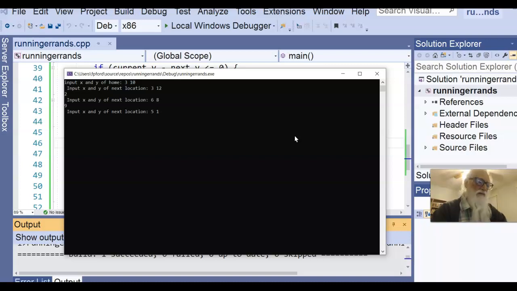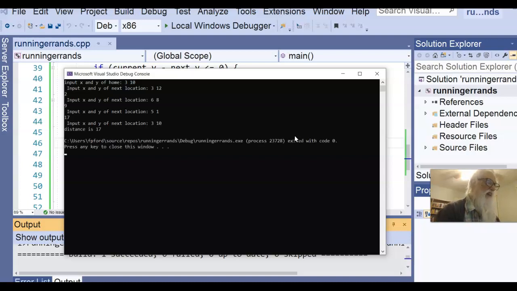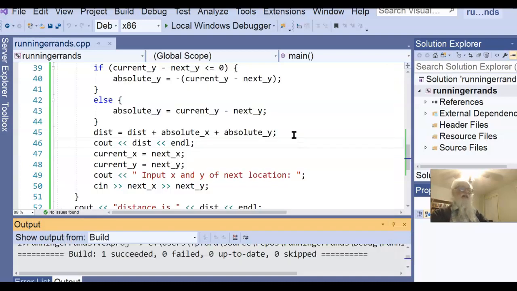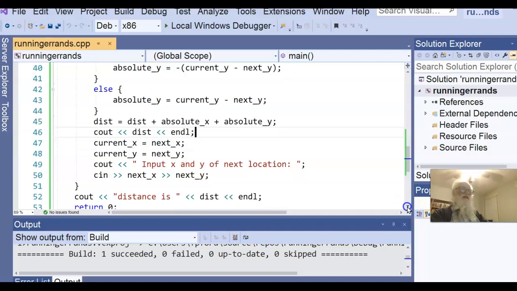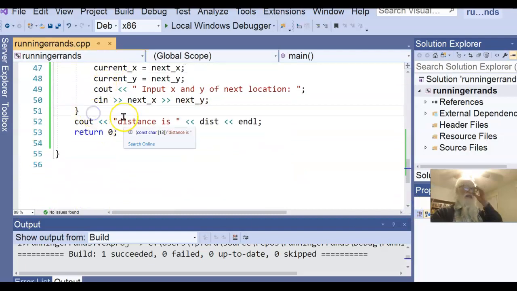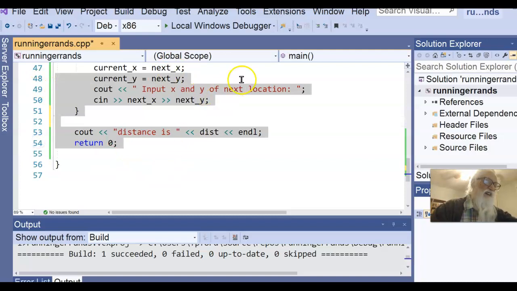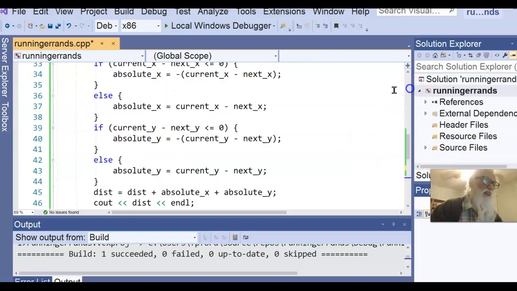Okay, so pardon me for that interruption. So 5 and 1. The difference in the x's is 1. The difference in the y's is 7. 1 plus 7 is 8, plus the 9, 17. Now I'm going home, and now you're going to see the error. It's still 17. That's because I never computed the distance from the last place to home. So right down here,